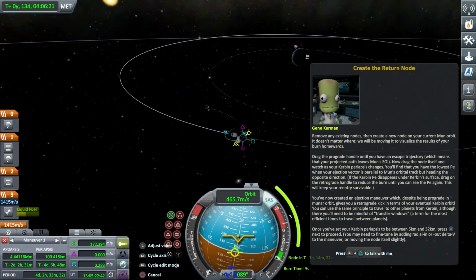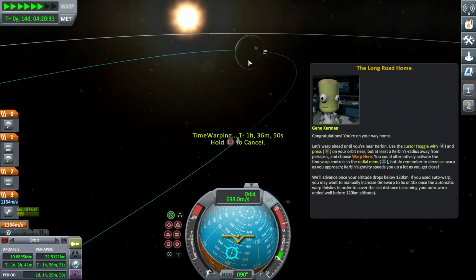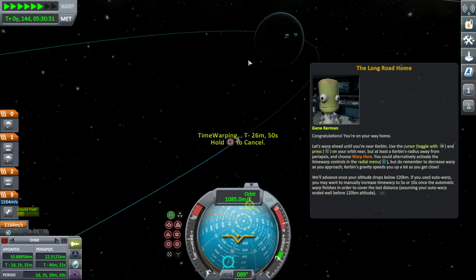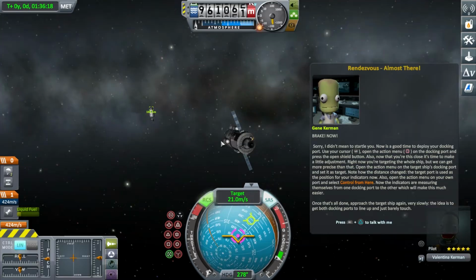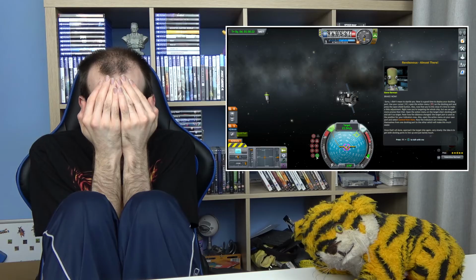Returning to planet Kerbal isn't hard, certainly not at all if you reach the moon in the first place. It's just the same thing, but in reverse. Then there's docking. Well, what can I say about docking, except...